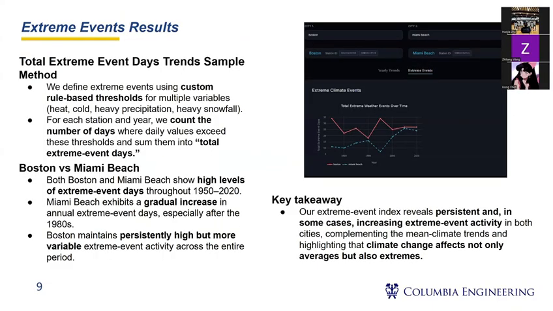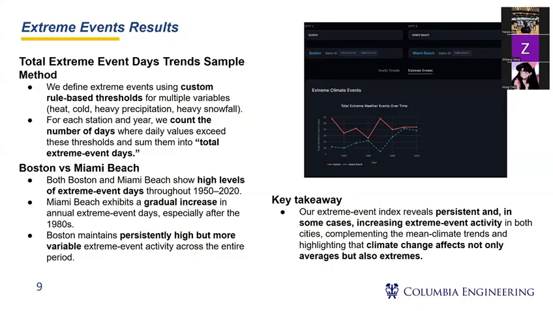Next, extreme events. Our method is we set rule-based thresholds for multiple variables, including heat, cold, heavy rain, and heavy snow. For each station and each year, we count how many days exceed the threshold. Then we sum them into total extreme event days. In our sample,